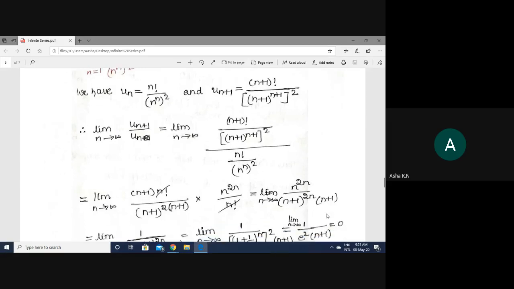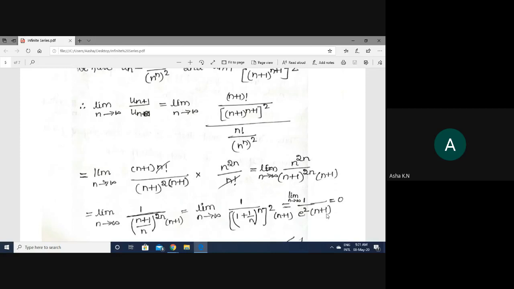But here in the notes, what I have done is a little different. Anyway, for both the terms we have power 2n, correct? n power 2n, n plus 1 power 2n. So n power 2n you can bring to the denominator, so I have written whole power 2n. The other term n plus 1 is as it is. Now n by n is 1 plus 1 by n, whole power n whole square. 2n is there, we can write it as whole power n whole square.